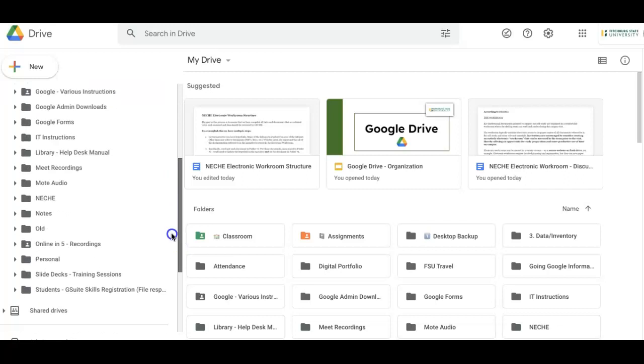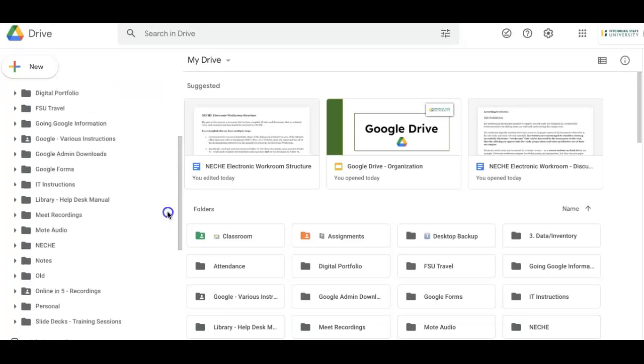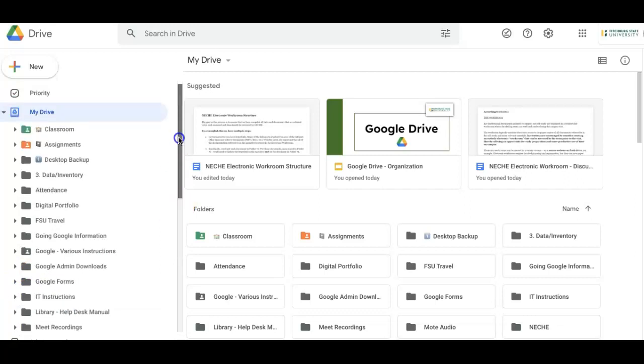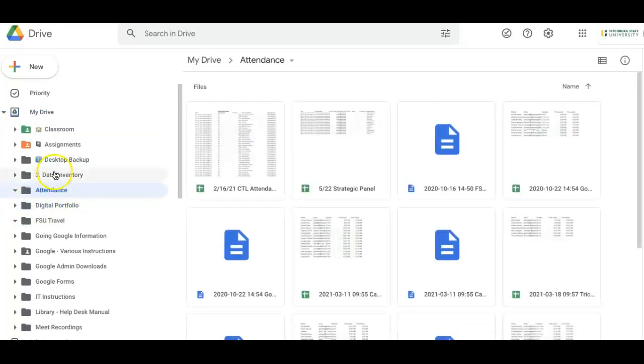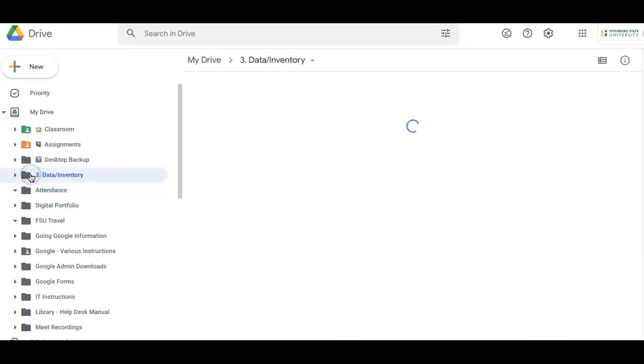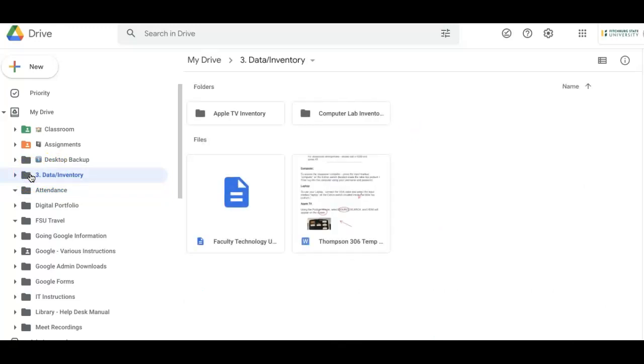And again, if you have any subfolders nested in them, you would be able to see a drop down and go to any of the others as well. But you can close that for the time being. Be willing to open those drop down arrows and see what else is nested. If you want to move any of these, you can drag and drop it, move it to another folder that's highlighted. You can nest folders, and you can easily go through and see what else is available in each of these folders. So certainly use folders to your advantage.